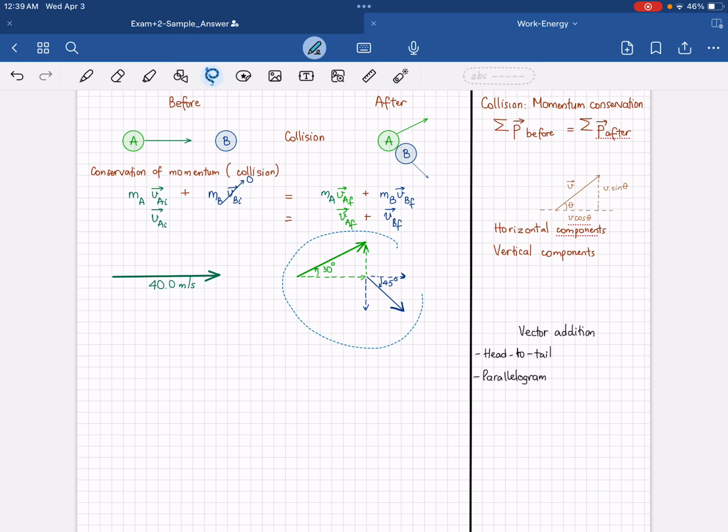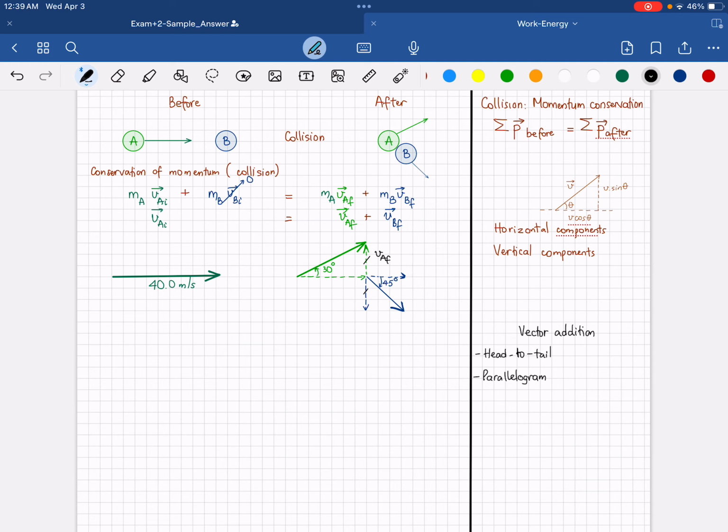the final net velocity will equal the initial velocity, and we can see that the initial velocity has no vertical component, right? It's just a horizontal component. That means that the vertical components here should be equal to each other to cancel out. So what are they? That should be the